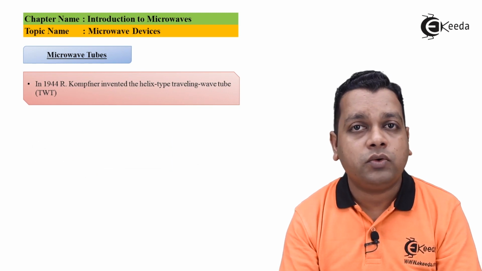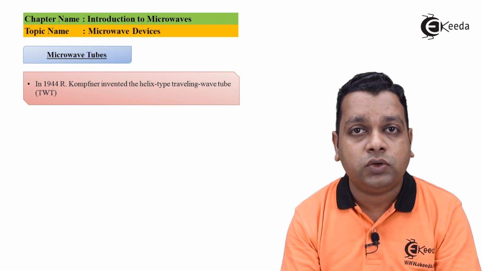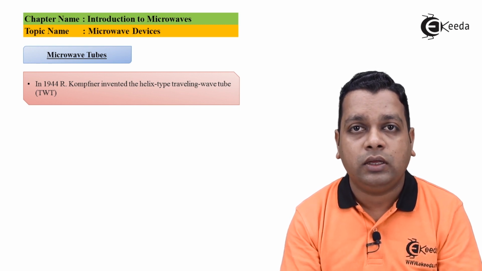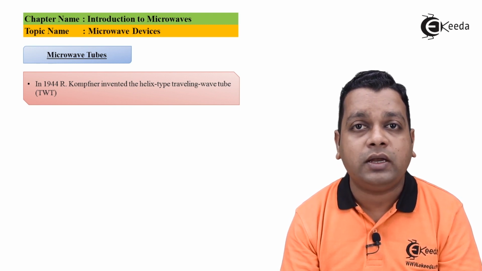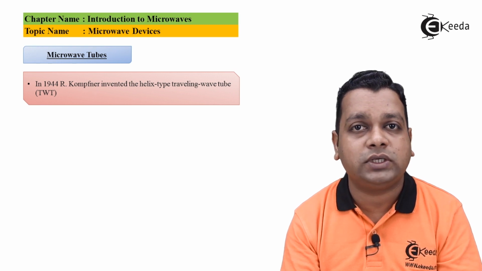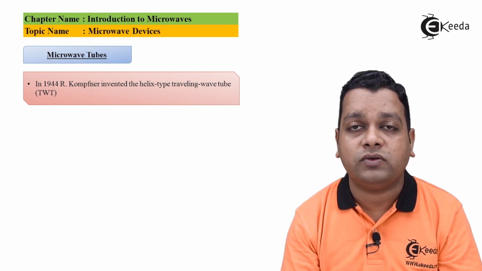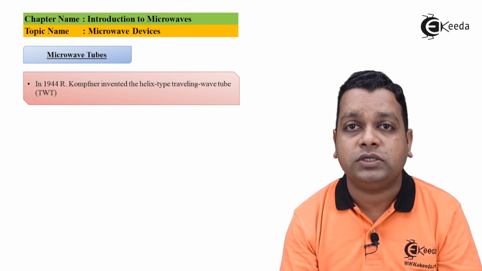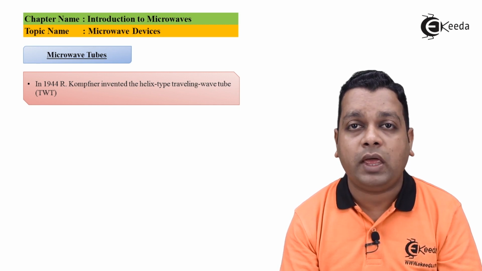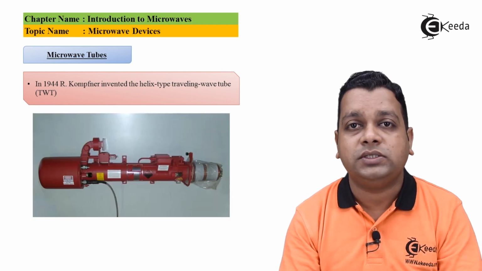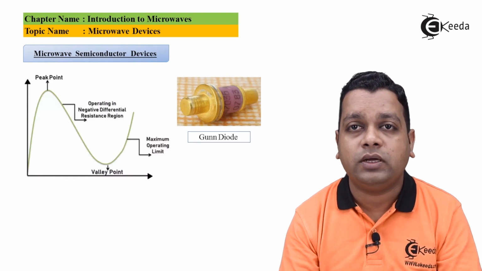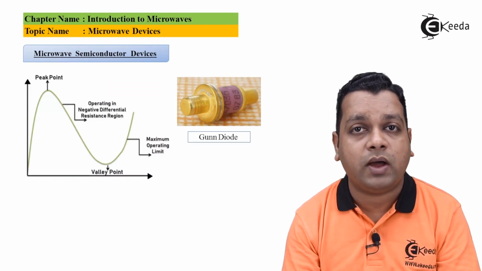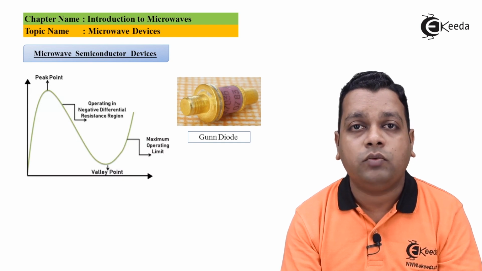There is another microwave tube that is also working on the principle of velocity modulation. The resonant cavities have been used in the working of the two cavity klystron amplifier. Here it is a helix, a slow wave structure, that is working with the help of velocity modulation, and the microwave tube is known as the traveling wave tube, abbreviated as TWT. So this is the file picture of the traveling wave tube. Now these were the selected microwave devices working on the vacuum tube platform.